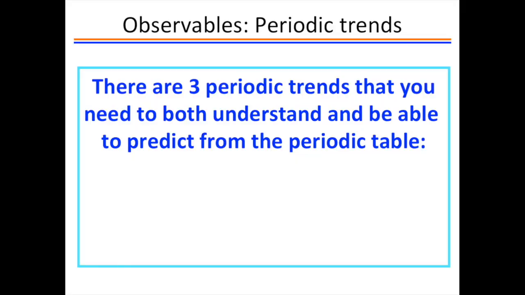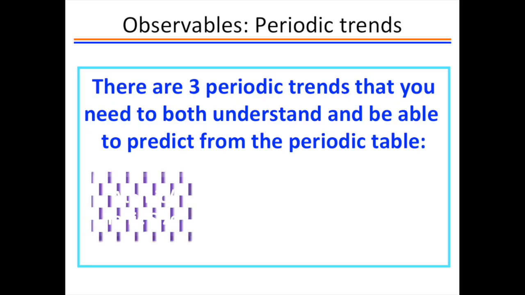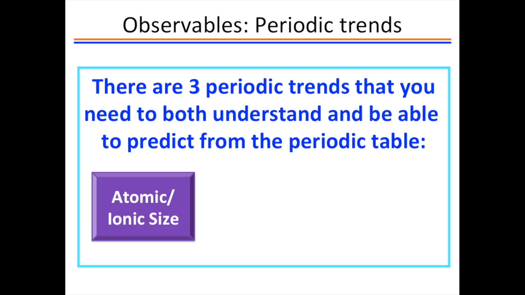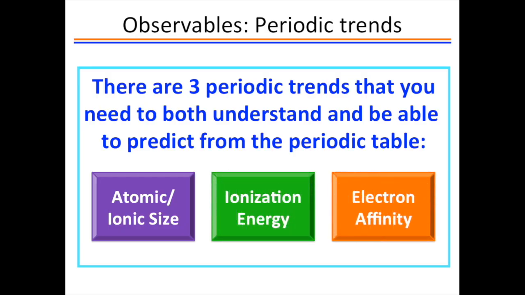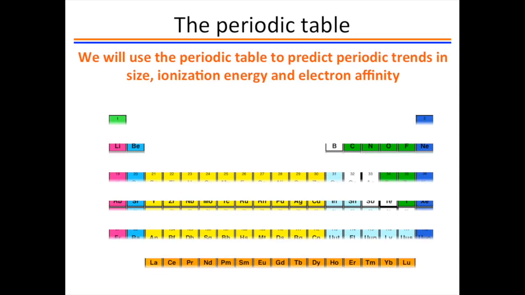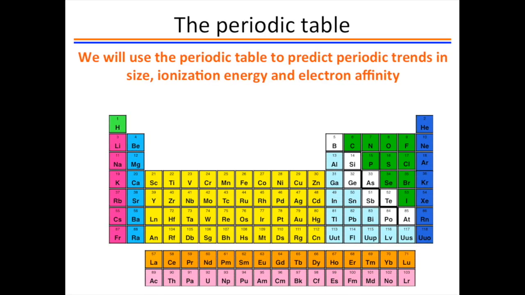Let's start by looking at the observable trends in some of the properties of the elements. These trends are often called periodic trends, but we like to think of them as elemental trends. We will look at three: the size of atoms and ions, the ionization energy, and the electron affinity. Before we explore these trends, let's reacquaint ourselves with the periodic table and the language we will use in looking